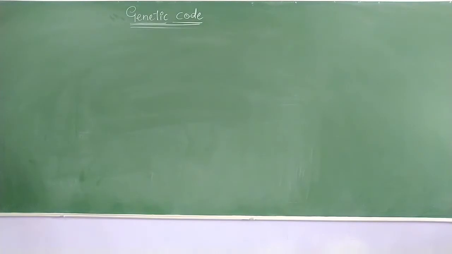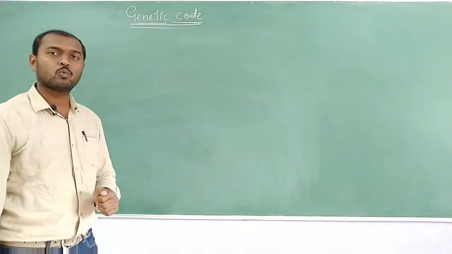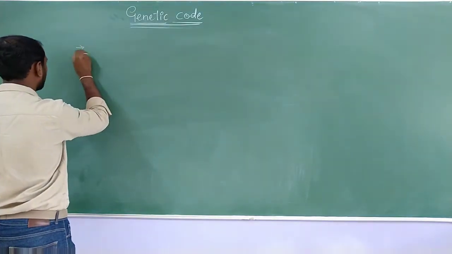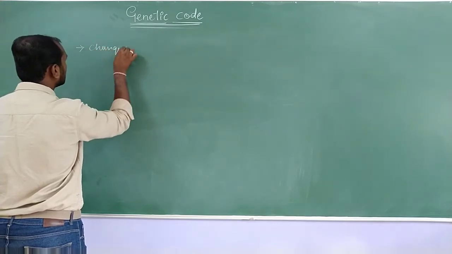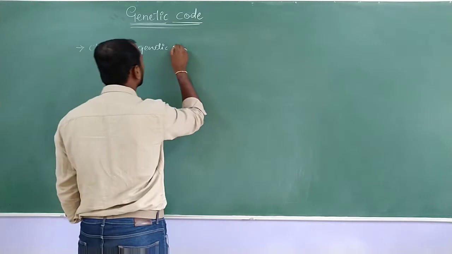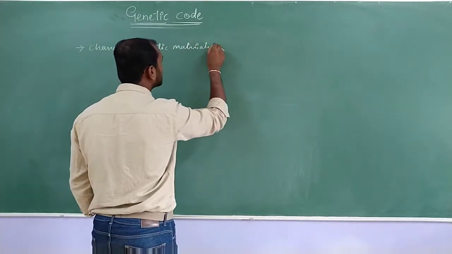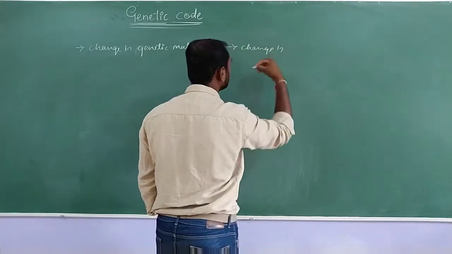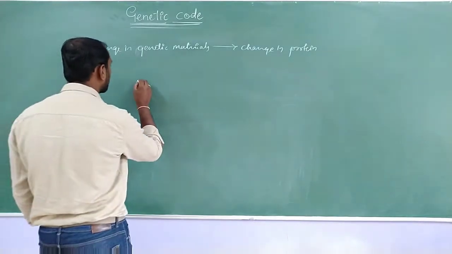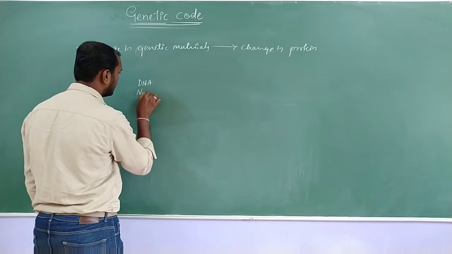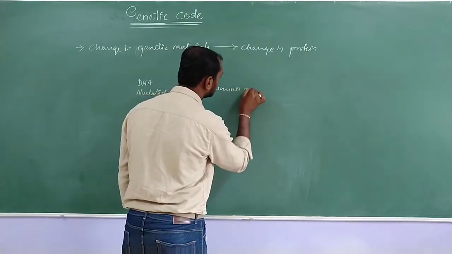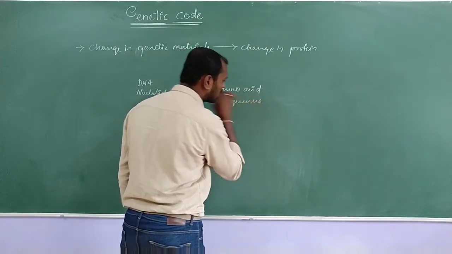ಓಕೆ, ಸೊ before going to taking the scientist's names who have contributed for developing the genetic code, ಅದಕ್ಕಿಂತ ಮುಂಚೆ ನಾವು ಒಂದು ಏನು ನೋಡಬೇಕಪ್ಪ ಅಂದರೆ ಒಂದು ಇನ್ಫಾರ್ಮೇಷನ್ ಗೊತ್ತಿತ್ತು ಆವಾಗ ಏನಪ್ಪ ಸೈಂಟಿಸ್ಟ್ಗೆ, ದಟ್ ಈಸ್ ದಿ ಚೇಂಜ್ ಇನ್ genetic material leads to change in protein ಅಂತ. ಓಕೆ, ಸೊ ಒಂದು ಇನ್ಫಾರ್ಮೇಶನ್ ಏನು ಗೊತ್ತಿತ್ತು ಅವಾಗ, ಏನಾದರೂ ಜೆನೆಟಿಕ್ ಮಟೀರಿಯಲ್ DNA ಅಥವಾ DNA ನ್ಯೂಕ್ಲಿಯೋಟೈಡ್ಸ್ ಅಲ್ಲಿ ಏನಾದರೂ ಚೇಂಜಸ್ ಆದರೆ ಅದು ಅಮೈನೋ ಆಸಿಡ್ ಸೀಕ್ವೆನ್ಸ್ ನ ಚೇಂಜ್ ಮಾಡುತ್ತೆ ಅಂತ.